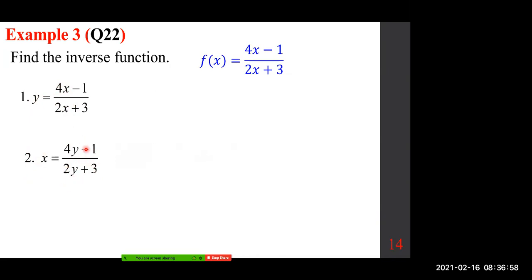So how do you do that? Do the cross product. So if I do the cross product, x times 2y is 2xy, x times 3 is 3x, and 4y, and let me just write this as over 1. Okay, so cross product, okay? So that's what you have. Since we are solving for y, we have a choice. We can move this one to the right or this one to the left. It doesn't matter. Okay, why am I moving them in this fashion? Because since this is -1, if I move the 3x, then I have too many negative signs. It doesn't matter. And at this point, basically the right side is y